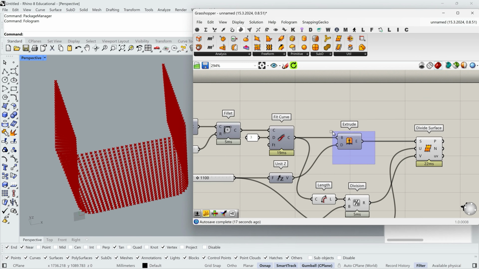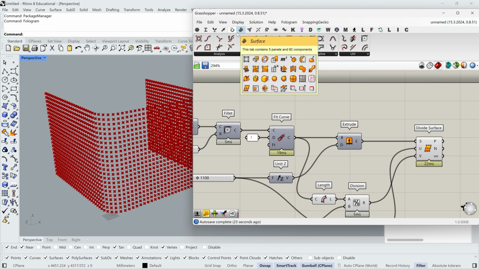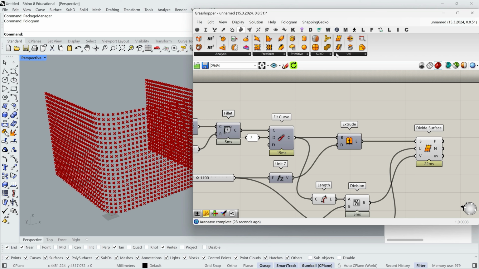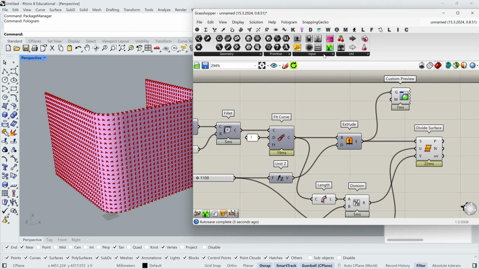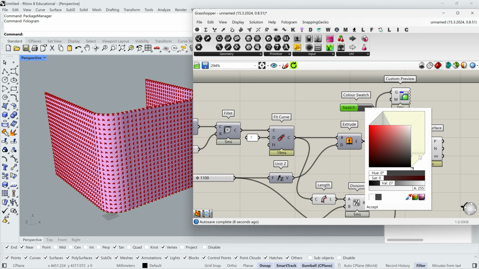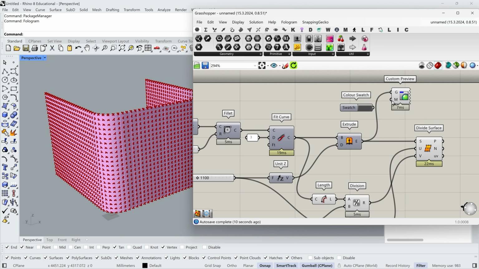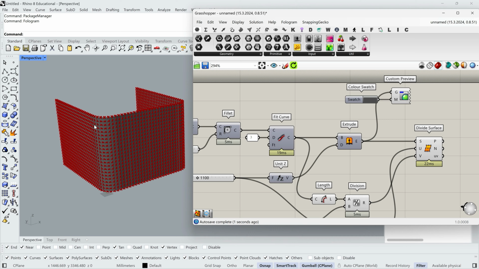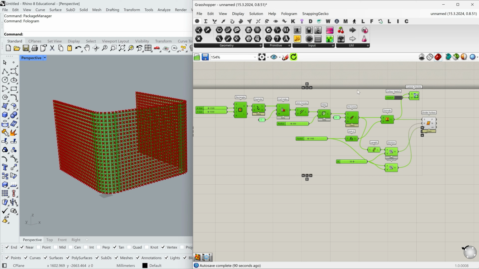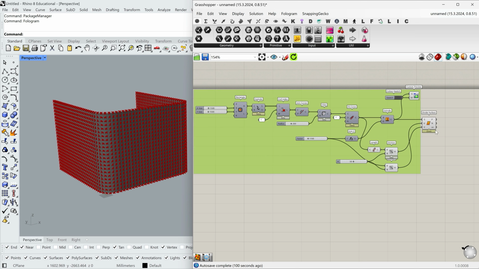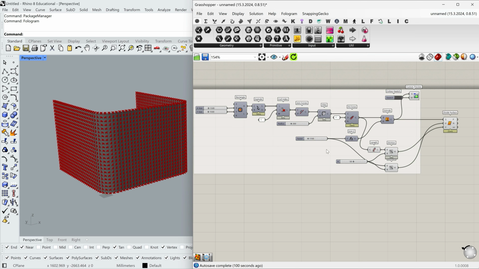Perfect. By the way, this extrusion component is going to be the base wall of the geometry. Let's make a custom preview. And the color swatch with the dark, let's say dark gray or black color as a background. Great. I will select all these components and we'll create a group out of them because this is an initial geometry.